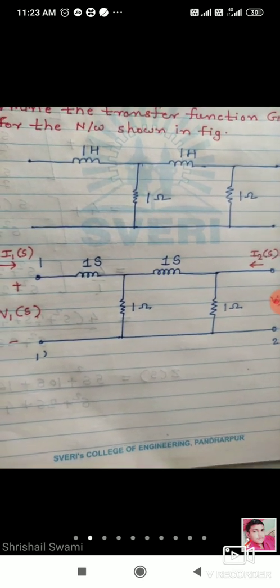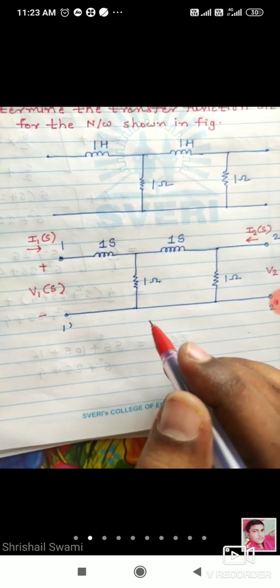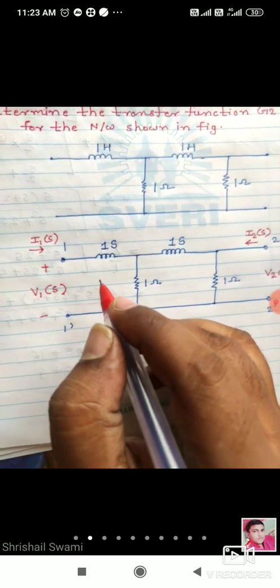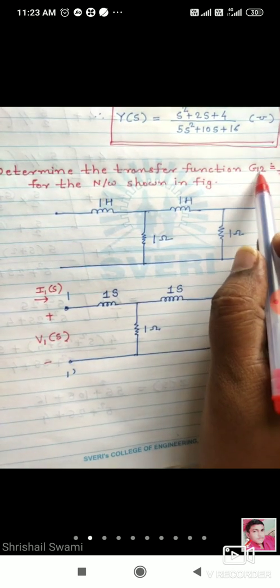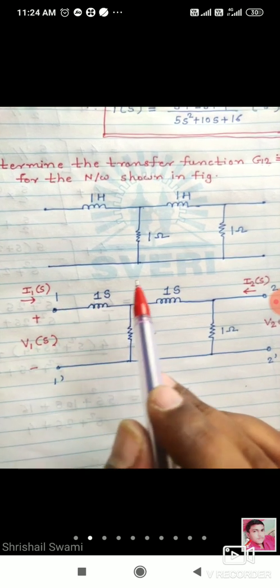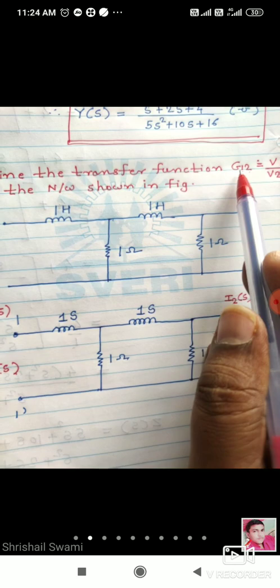Chalo, instead of wasting time, I will tell now. So what we can do, first of all, okay, so here the transfer function 1 to 2 is there. 1 to 2 म्हणजेच पोर्ट 1 कडून 2 कडे करंट चाललेला आहे. Okay, so what they are asking, 1 to 2.